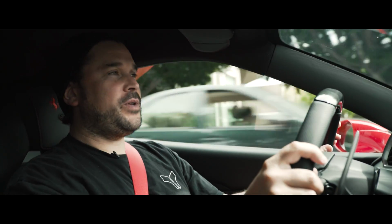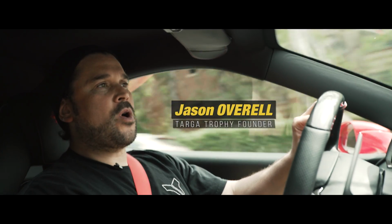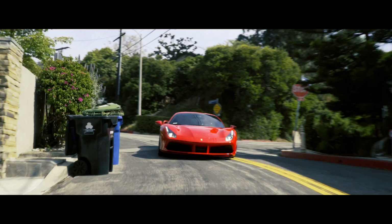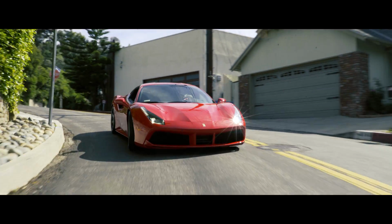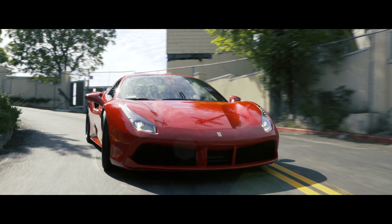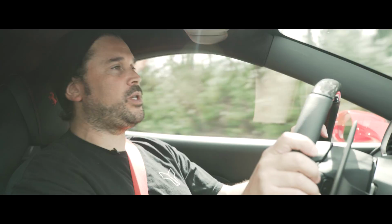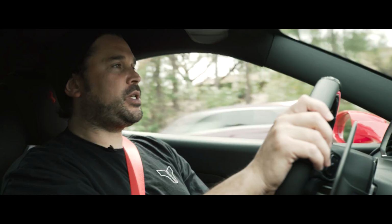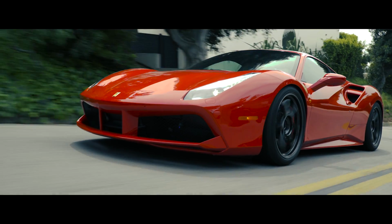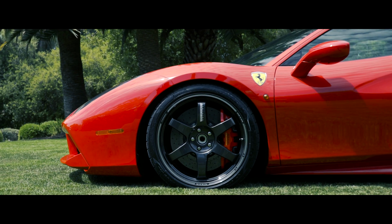As you all probably know, this is the evolution of the 458, the real first Ferrari that brought everyday usability and reliability to the table. Now we enter the 488 GTB with a lot of new features, in particular an entirely new engine, a 3.9 liter V8 twin turbo, 661 horsepower. This particular 488, obviously kitted with the Capristo exhaust, also has a unique wheel and tire package sporting the